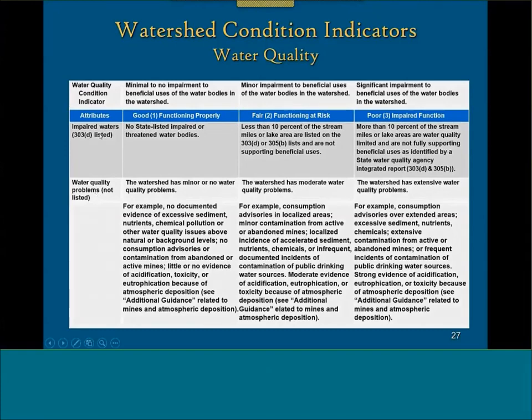If it is on the 303(d) list, then it's either good, fair, or poor, based on these criteria: no listed watersheds, less than 10%, or more than 10%. We also provide examples for them to use in case they had questions on what makes sense or what doesn't. There are rules like this for each of the 12 indicators, and